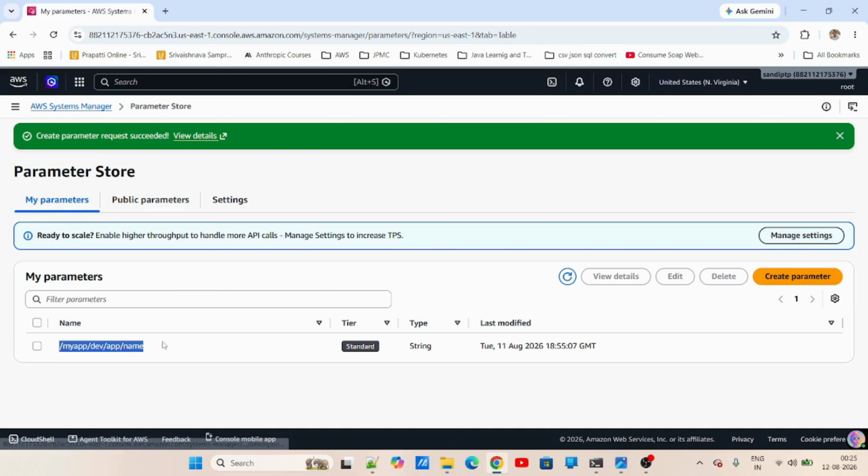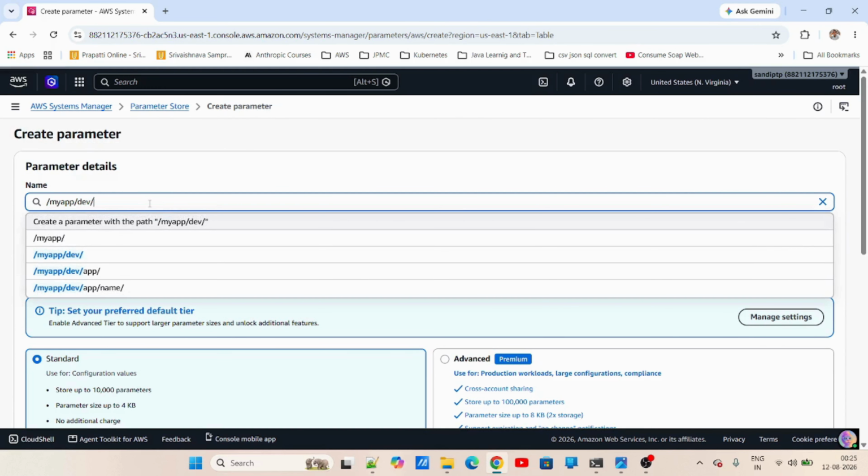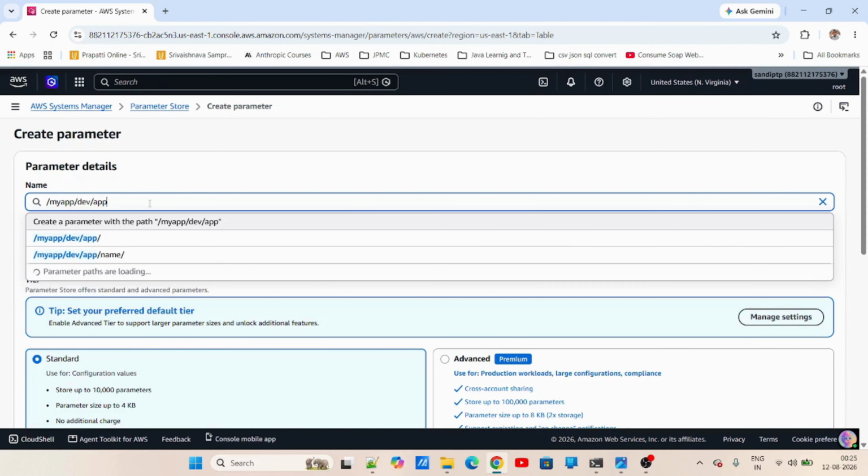See, it is so simple. So you can see it is like a path-based structure. This is the root, and after the root you will have my application, dev, app, and name. Straightforward. Now I'll create a few more, like after app name, I'll take